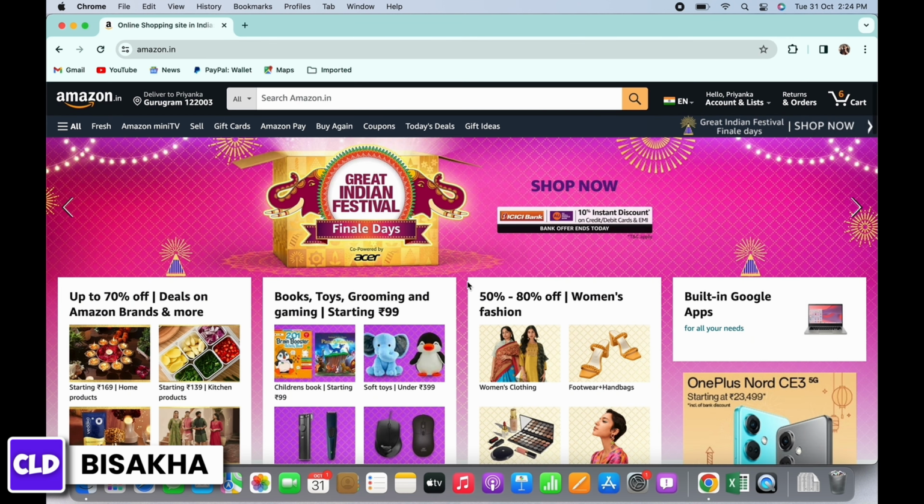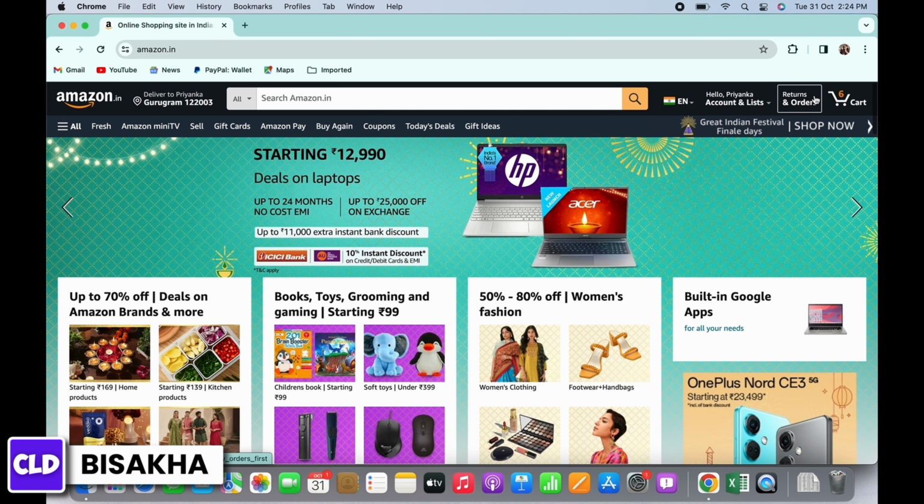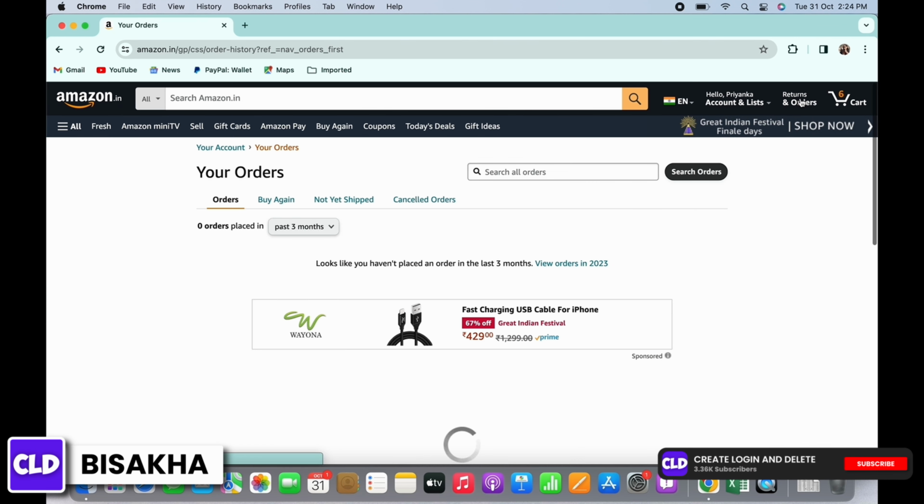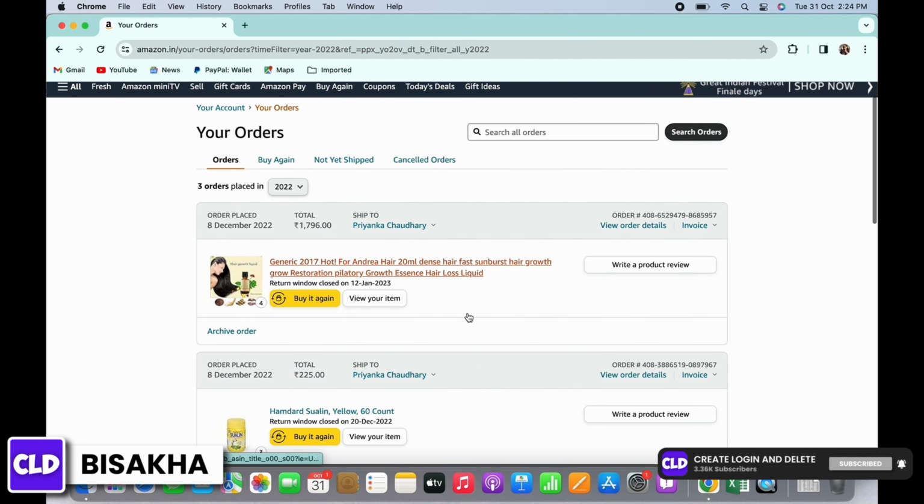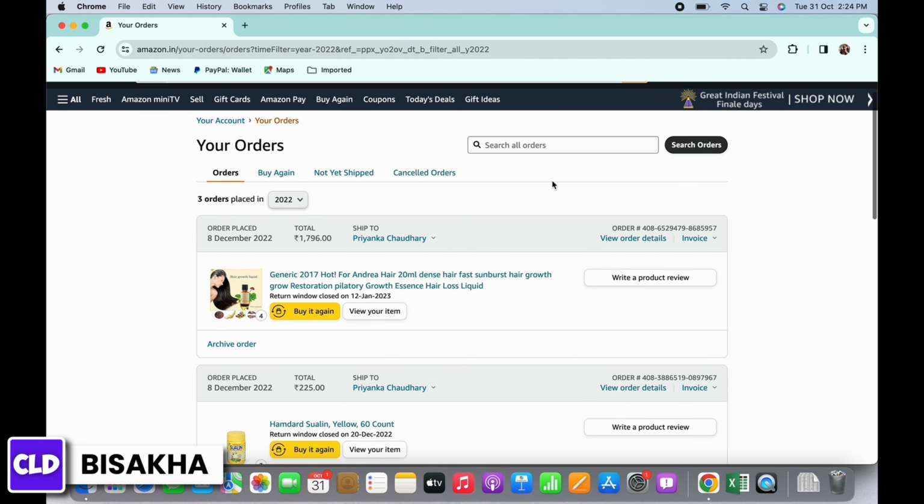Here in the dashboard, tap on Returns and Orders. You'll be able to see all your current orders as well as your previous orders. You will also see an order tracking number there. In order to track your order, copy the number you see there and then open a new tab in the